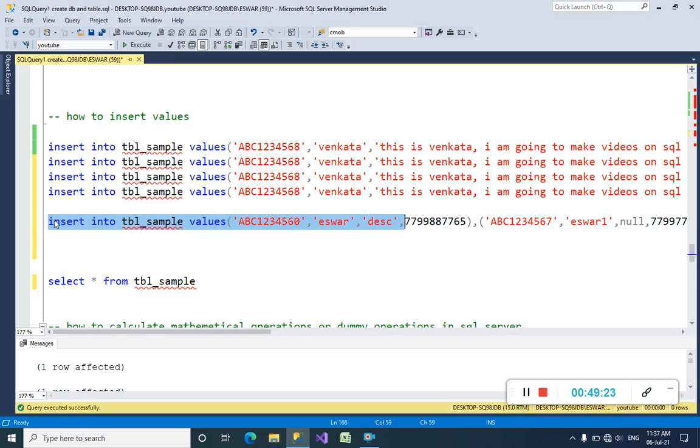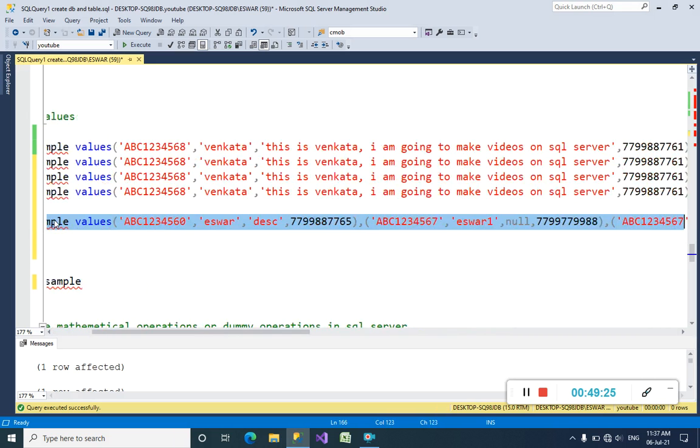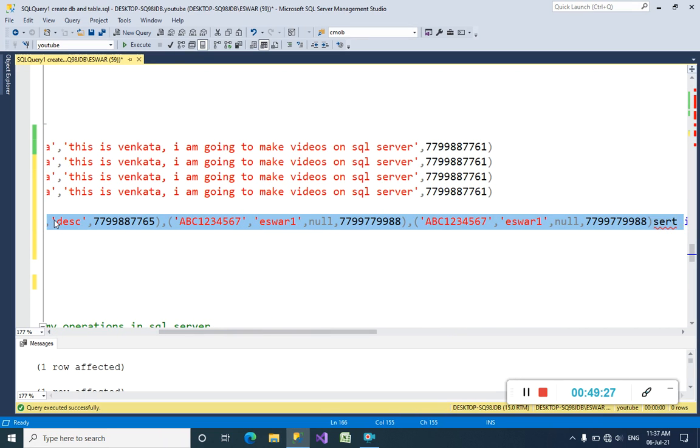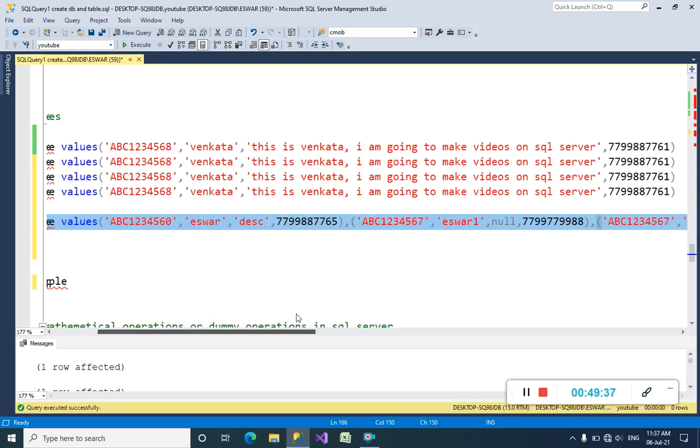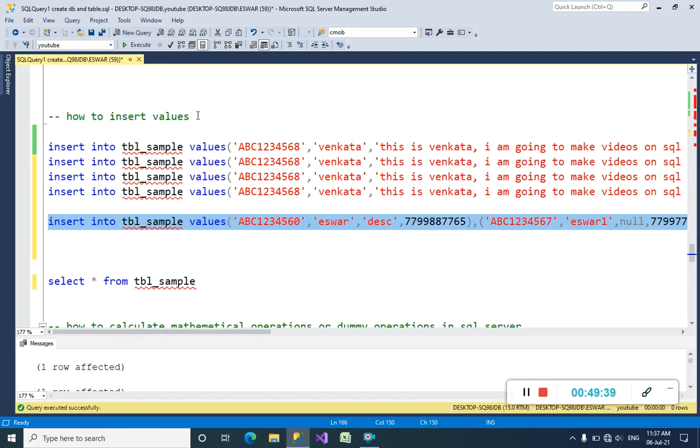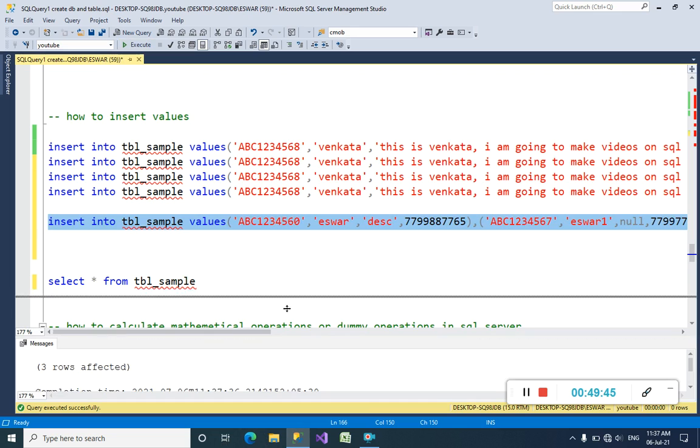See guys, I'm going to insert multiple records by executing only one command. Please ignore the commands after it, because only the command we have selected will be executed; the remaining are skipped by the server. So I'm going to execute it. 3 rows affected.